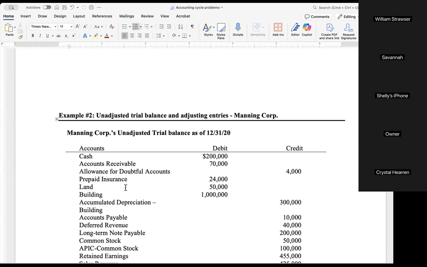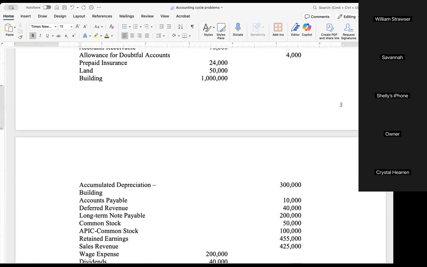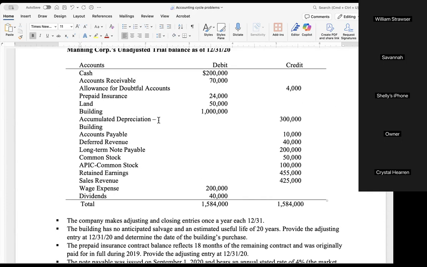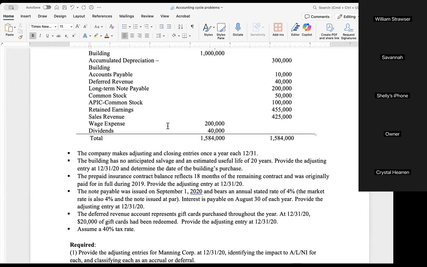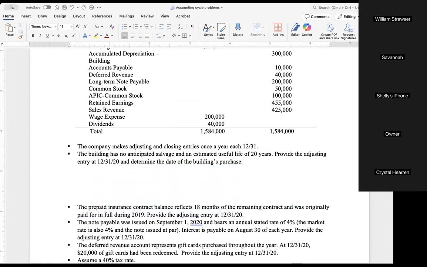Let's look at one of these. Now, doing the exact same thing, but just changing the format of the information you're working with. So I'm looking at example two. This one's a good one because it has one semi-easy one,